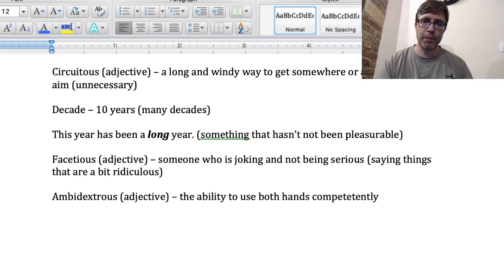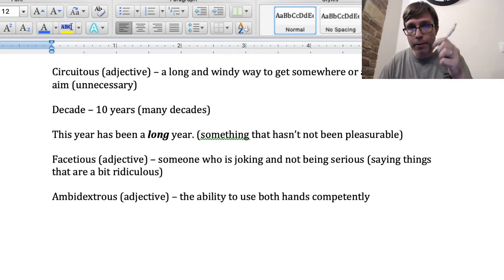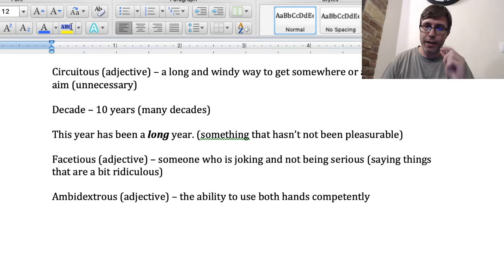I'd have to look because it's not just talking about your hands. So to give you a clear-cut example, people will mostly use either their left hand or their right hand. For example, I write with my left hand. I'm a southpaw. But if somebody is able to write with their left hand and their right hand, then you could say they are ambidextrous. They can use both equally.